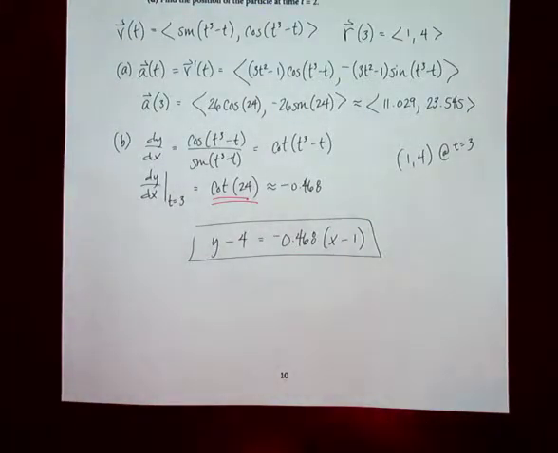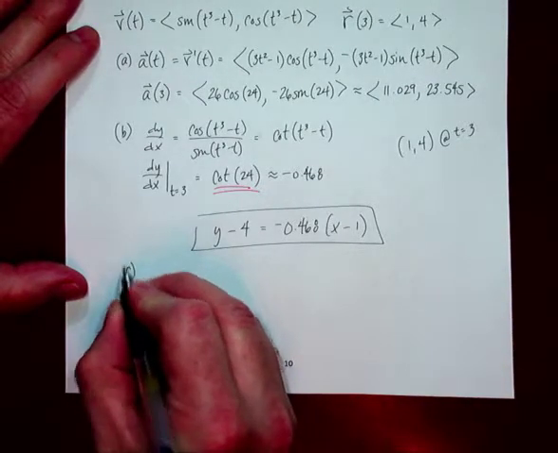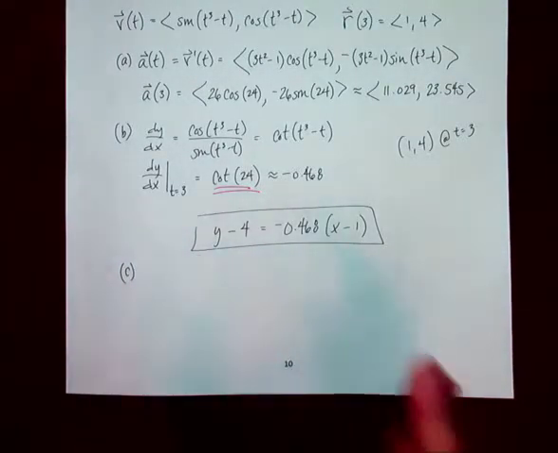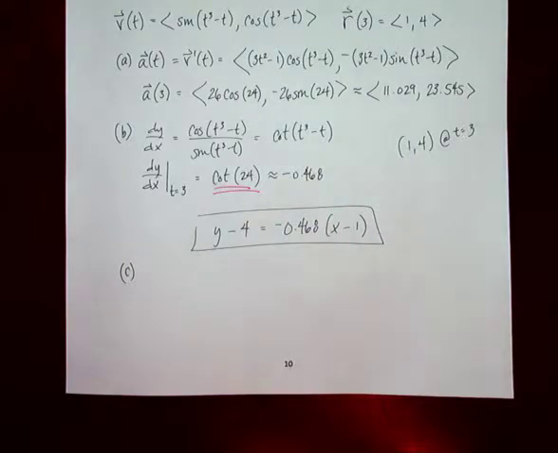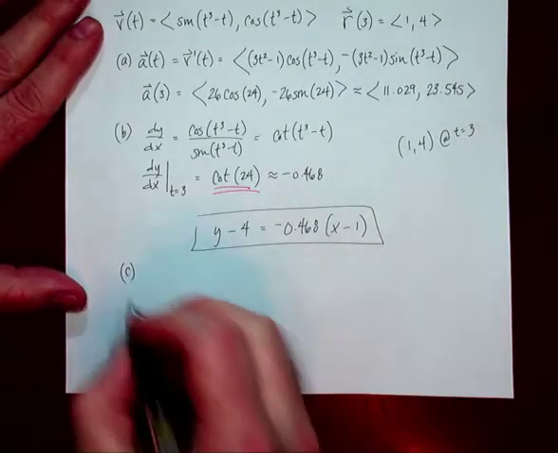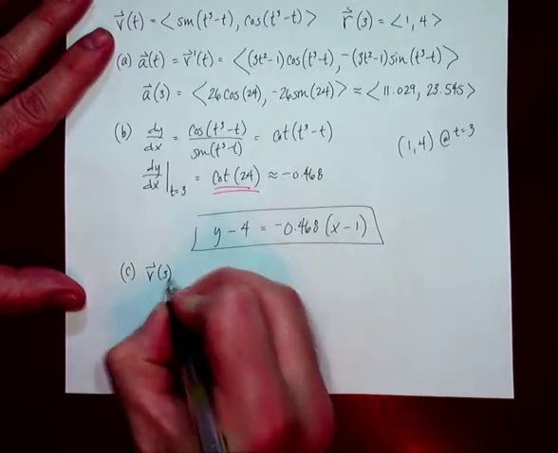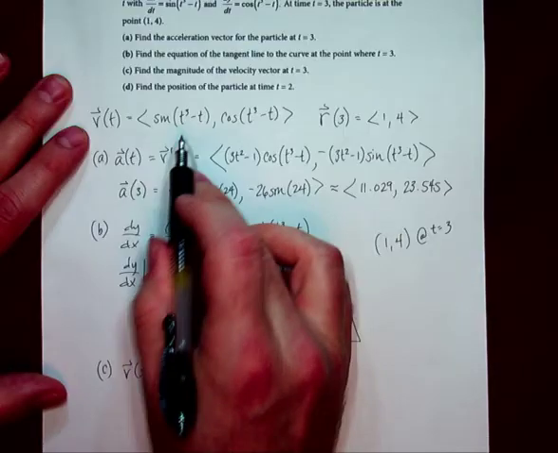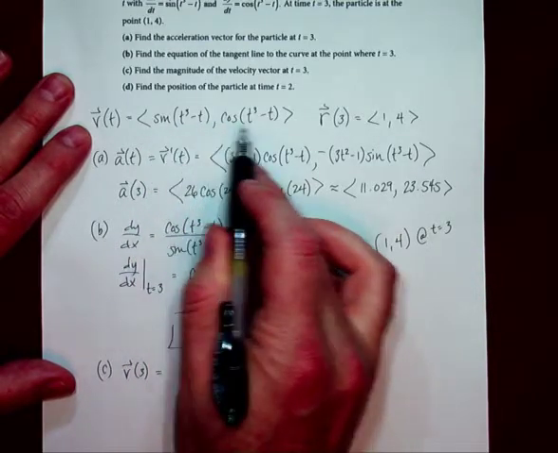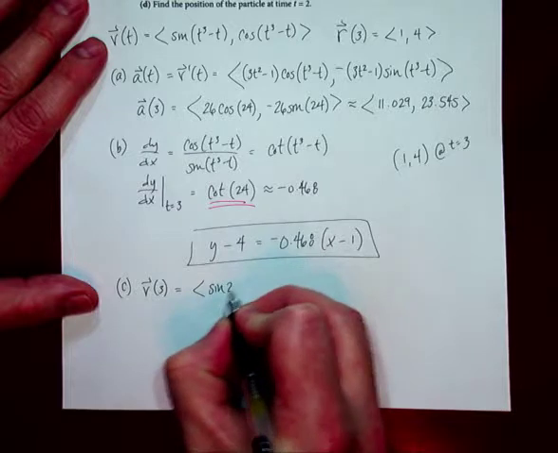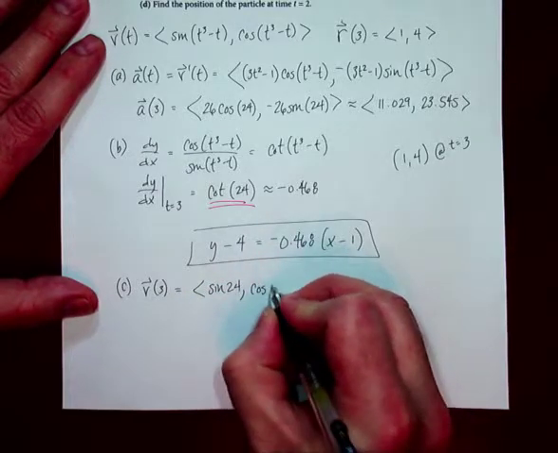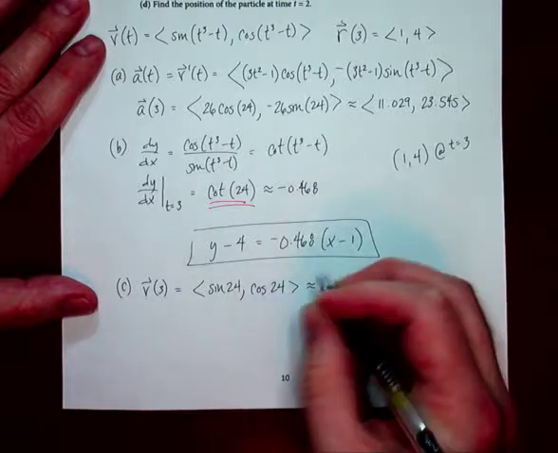Yay! Now, what it asks next is for the magnitude of the velocity vector at time t equals 3. Well, first of all, if we're going to do that, we need to find the numerical velocity vector at time t equals 3. So let's go ahead and find that. Basically that means that I'm going to have sine of 24, cosine of 24, and that works out to approximately